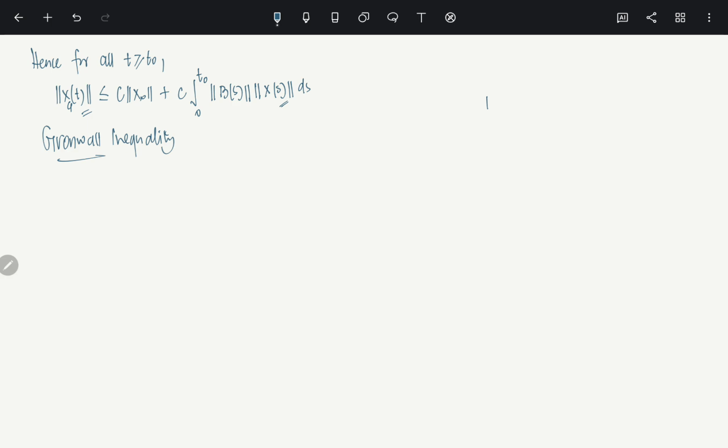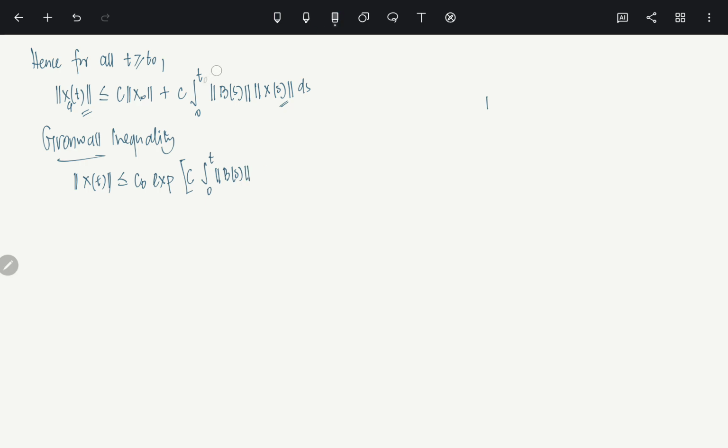You can actually use Gronwall. If you use Gronwall, that will give you x of t is dominated by some constant c naught, doesn't matter, times the exponential of c times the integral from 0 to t of the norm of b of s